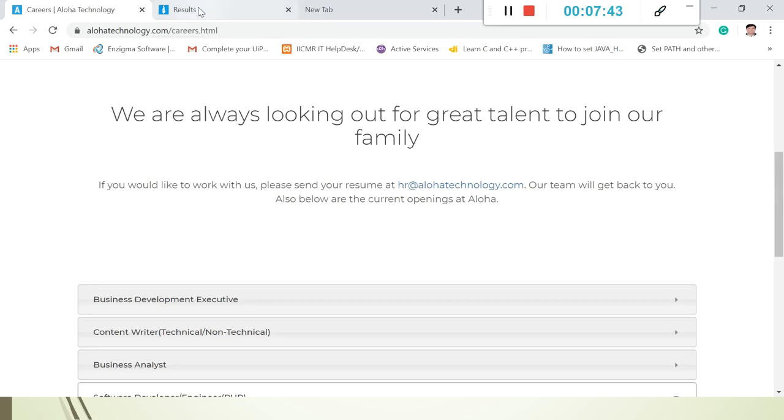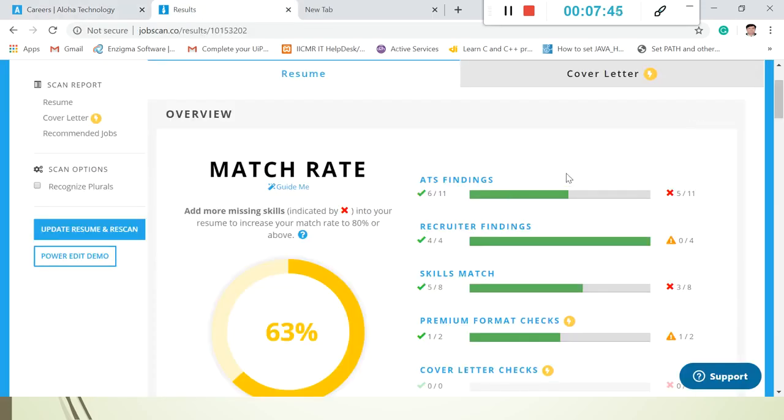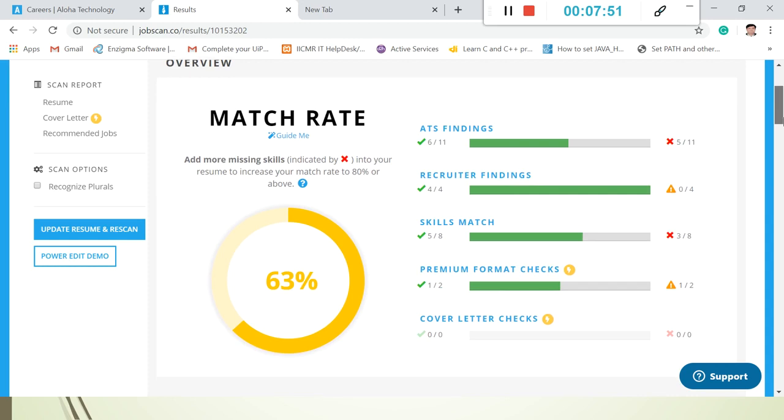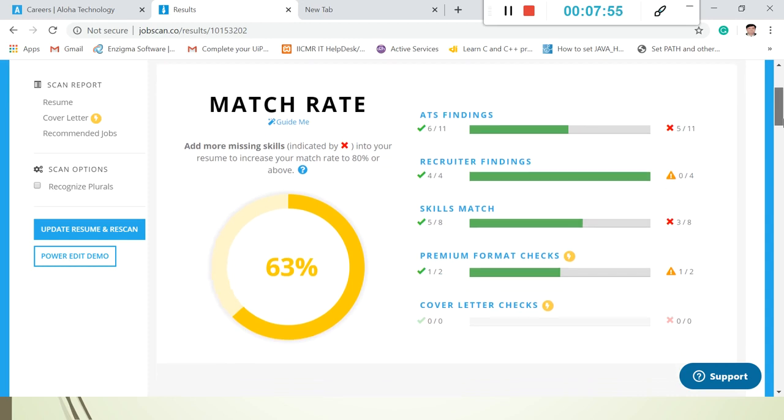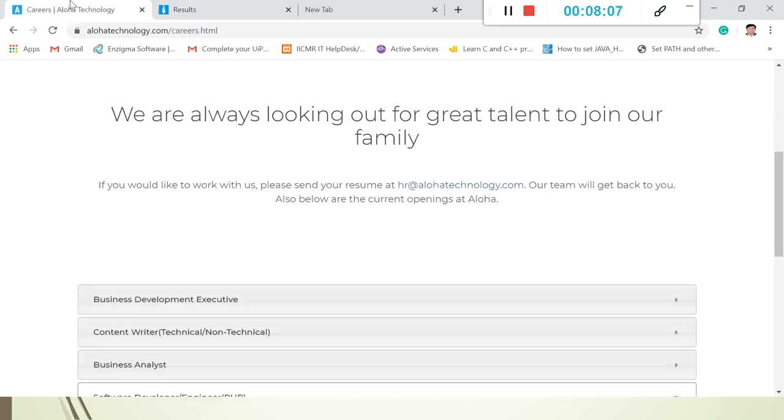And if he makes the changes and then checks the match rate again, then the chances of resume selection will be higher. So students, you should all do this type of scanning of your resume before sending it to the particular company.